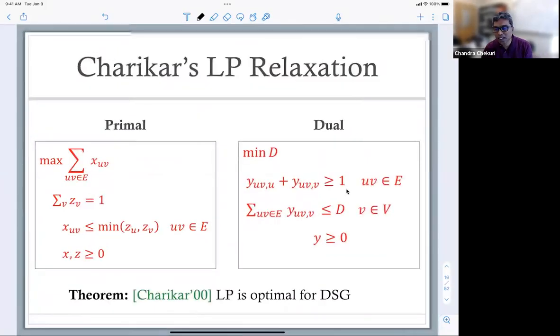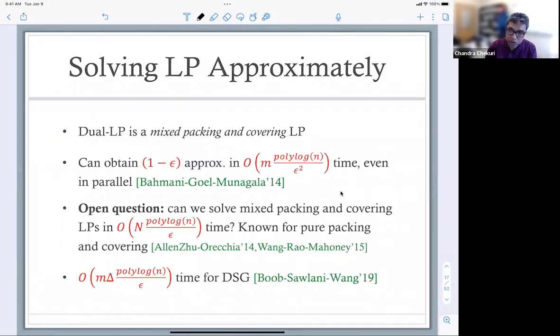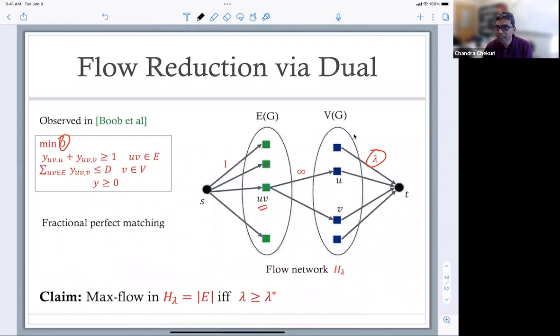So if you look at the dual, they are assigning edges to vertices, remember the flow network, to minimize the maximum load. So each iteration gives a load, and so they are thinking of an iterative algorithm which tries to minimize the maximum load